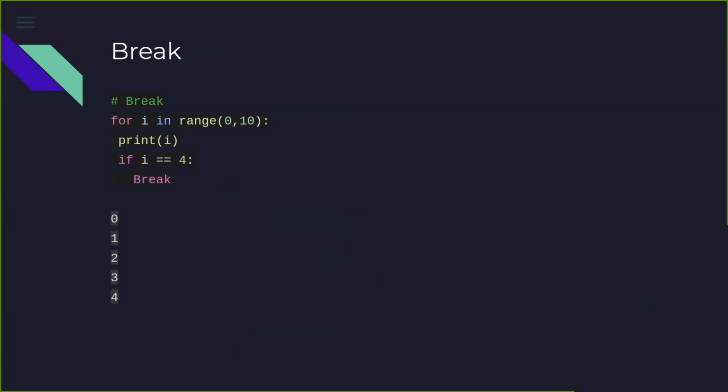We also saw how to break a loop. If a certain condition is met, then break, and from that point onwards it stops the loop. Or we can say continue. It means that if that condition is met, then it will not execute the rest of the loop and it will go back to the first line of the loop once again. So in this case, if we say if i is less than 4 then continue, it means that until i is less than 4, it will not execute the subsequent commands inside the loop.